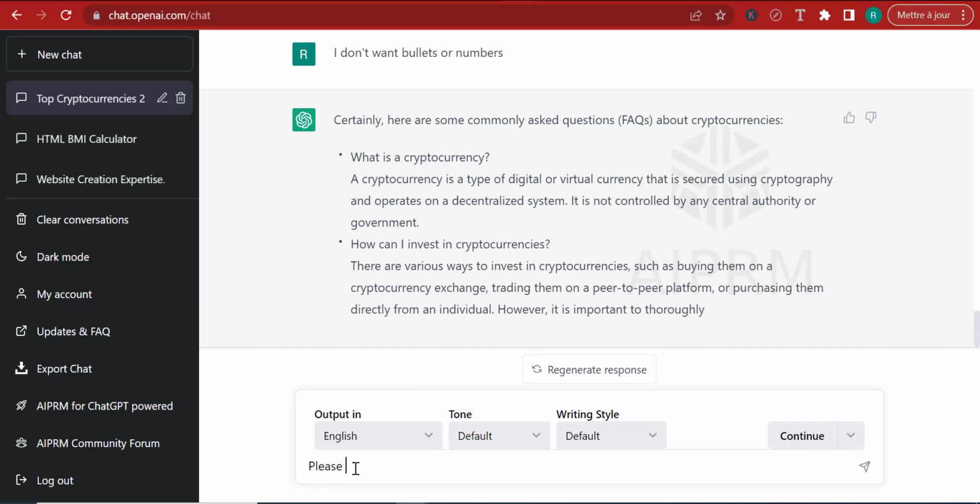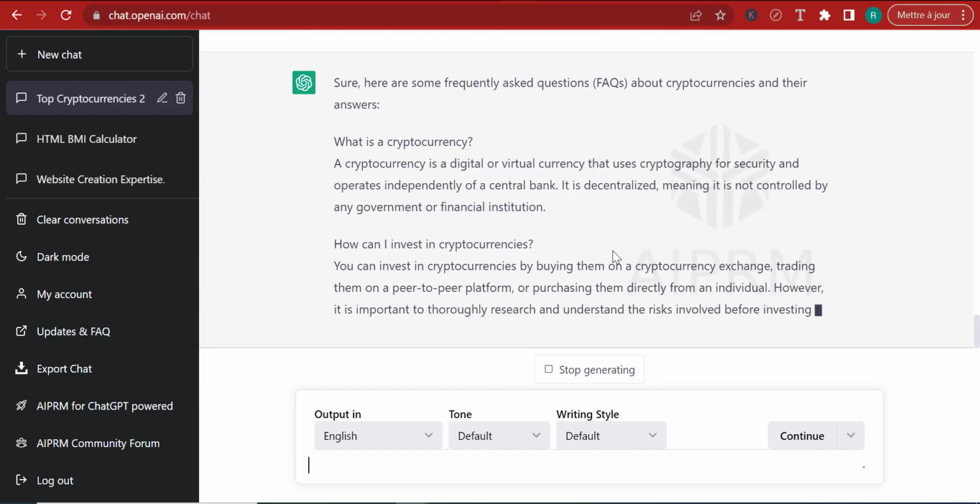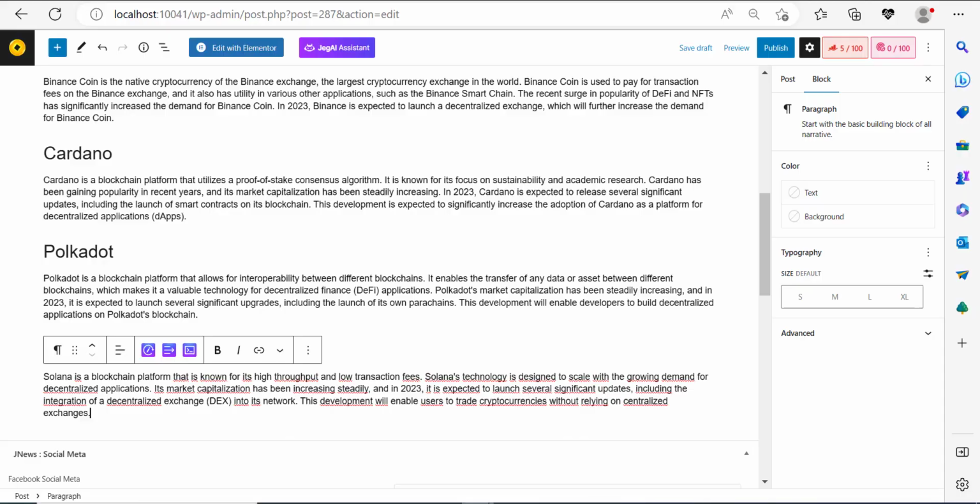Okay. All right. Please write a simple FAQ. No bullets. No numbers. Just question and answer. All right, so here, I think this is much better. And I'm going to go back here to my Gutenberg,